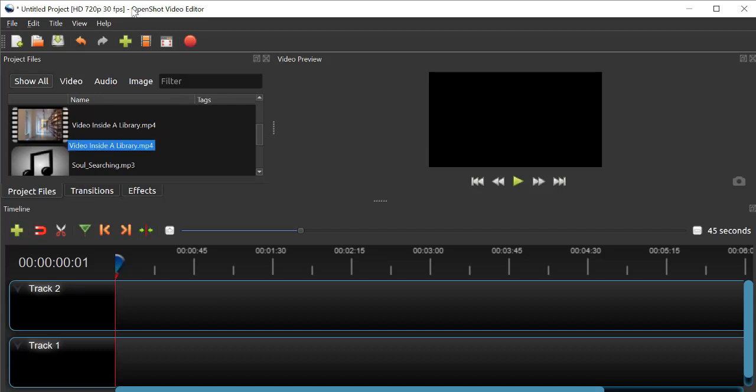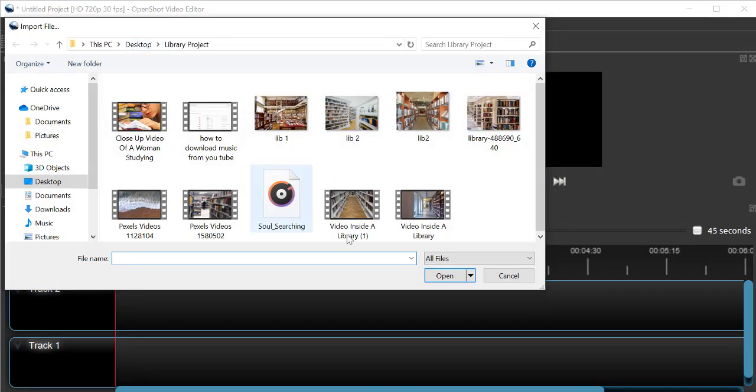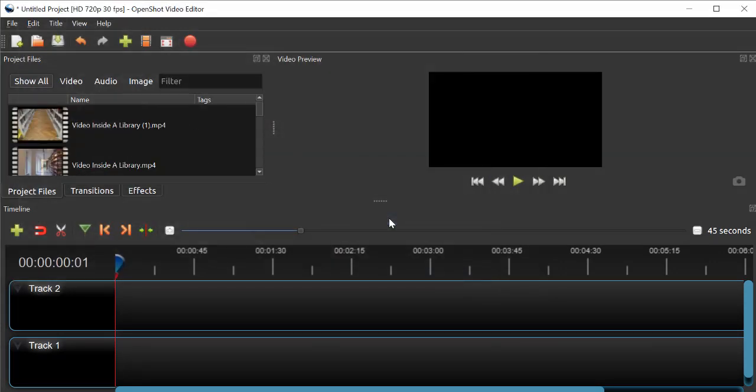See here, I have taken a music also. Now I can take two images also. So I have taken images also, 2 images I have taken.